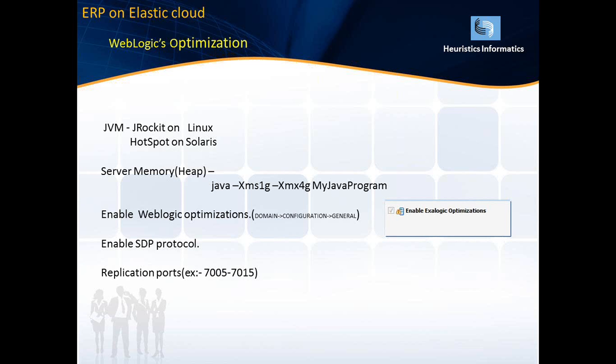So up to now we have seen the architectures and optimization techniques at the storage level, at the network level, and at the hardware level. Let's see the optimizations at the application level here. Whichever application supports either Tuxedo, WebLogic, or Coherence, it will achieve the highest performance as per Oracle.